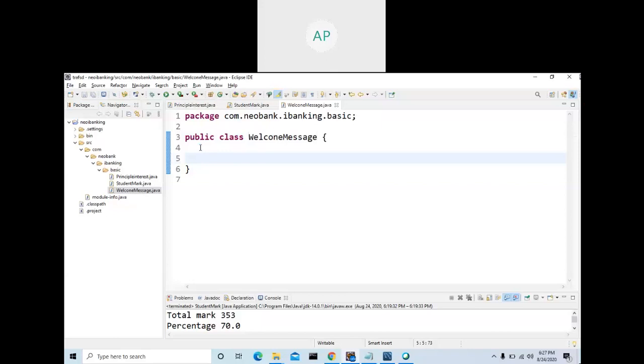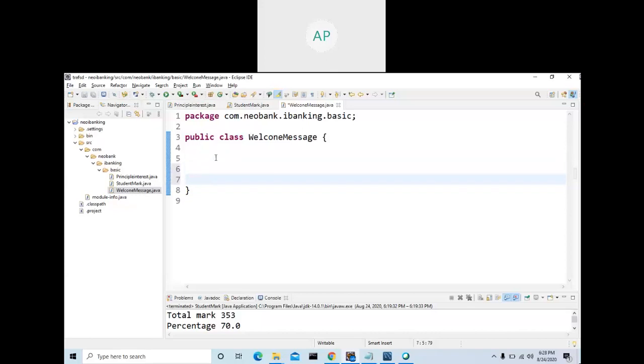Inside the class, what are the two main things available? Variable and method. All the theoretical explanation I will show you on sites. There are a lot of sites with enough information. Just listen here, and after that if you go and read, you will get enough knowledge. Inside a class, you are going to write all your instructions inside a method.